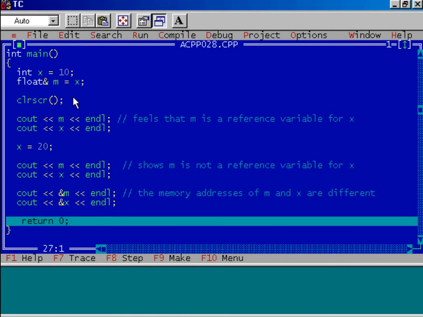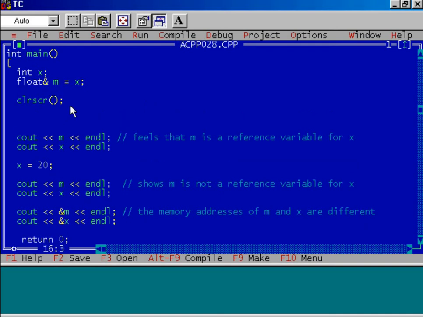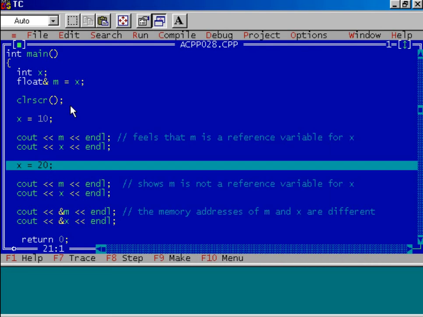Well, I'll show you one more interesting thing. I am changing the program. Just I declare a variable x. After that, m is a reference variable for x, and here I'll add x equals 10. Now execute the program up to this step. Press the F4 key and see the output.